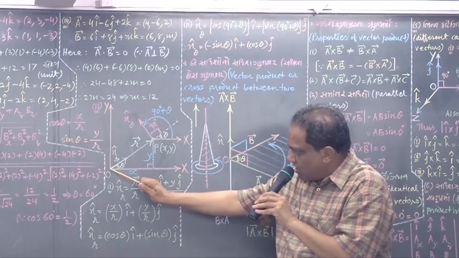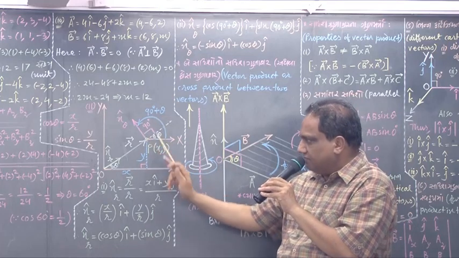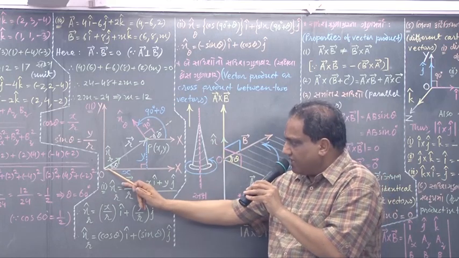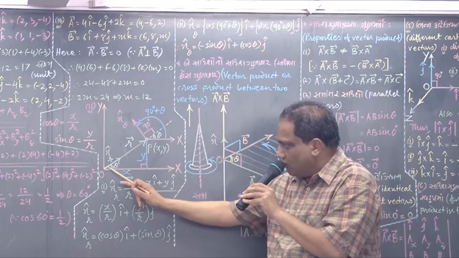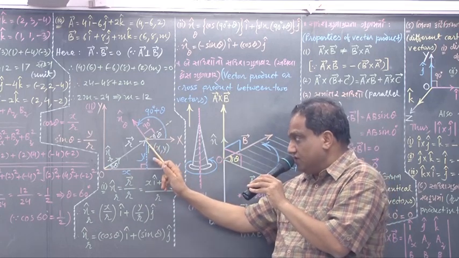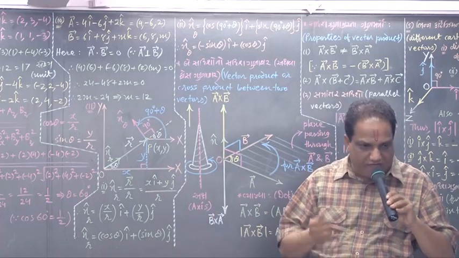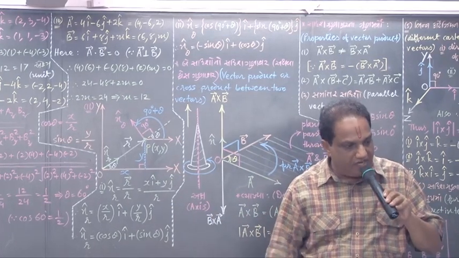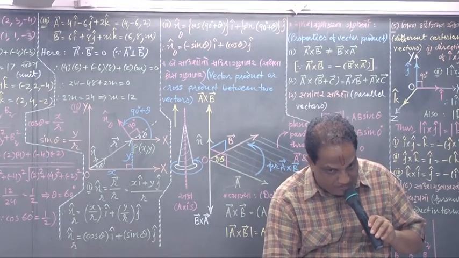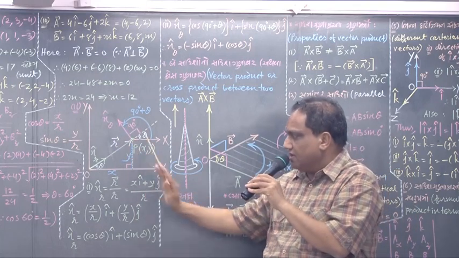Now with respect to the origin, if you try to fix the position of this point or particle, then you need to take the help of some vector, and that vector is right now vector OP. Vector OP determines the position of this point, so we call it the position vector. Any vector which determines the position of a particle is called a position vector, shown by the symbol vector R.